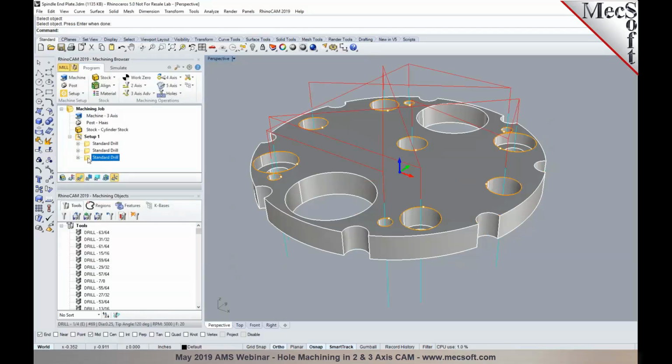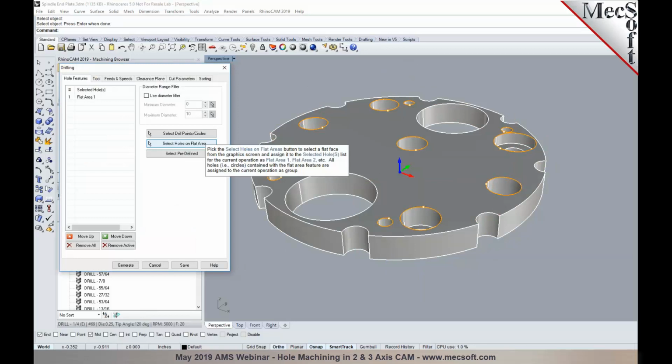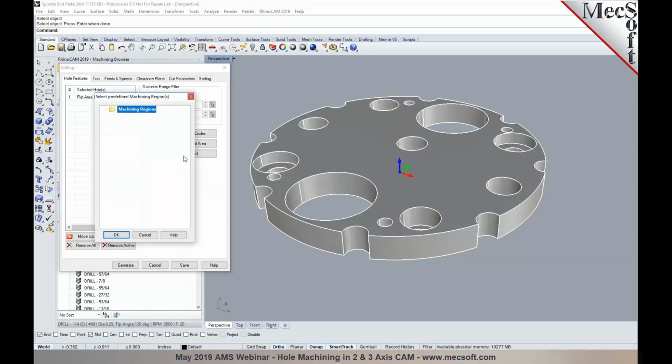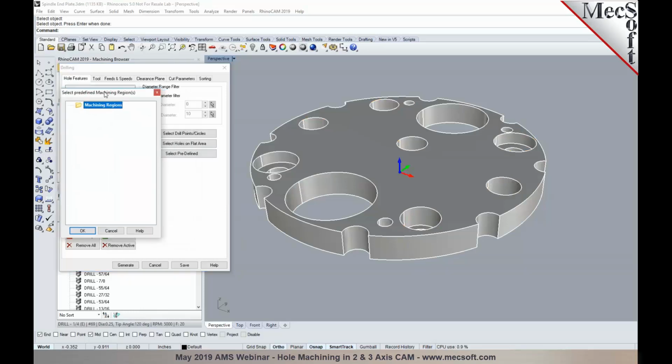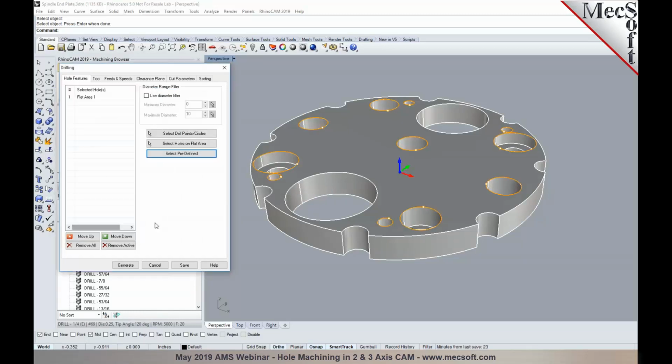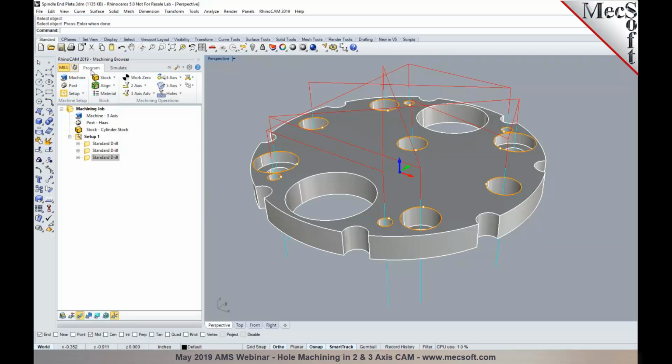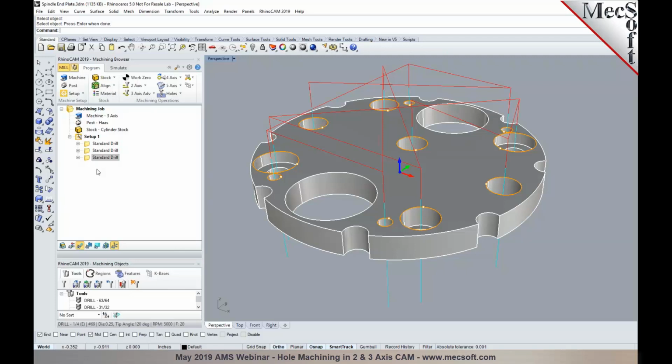Now we looked at the flat area selections. Now there's one other way we can select flat areas, which is by the use of predefined regions. The predefined regions would have to be first created before they can be selected. So as you can see here, the predefined region list currently is empty because we have not created any predefined regions. So to create predefined regions, we will have to go into the machining objects browser. If your machining objects browser is not visible, you can toggle it by selecting tools, machining objects,